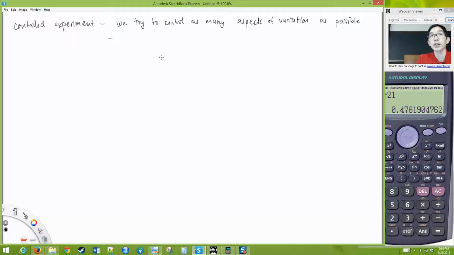Okay, and we assign treatments randomly to our subjects. So in the ideal case, and a lot of times we can't have the ideal case just because life is complicated and there might be ethical considerations, but in the ideal case,